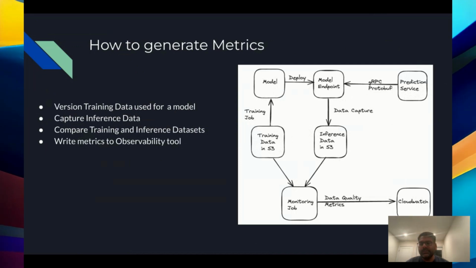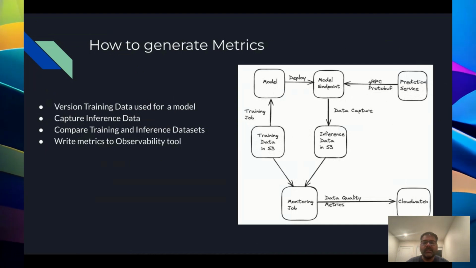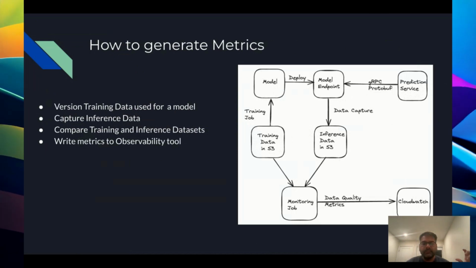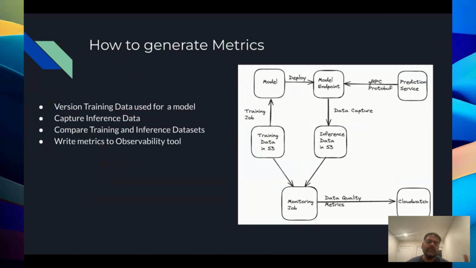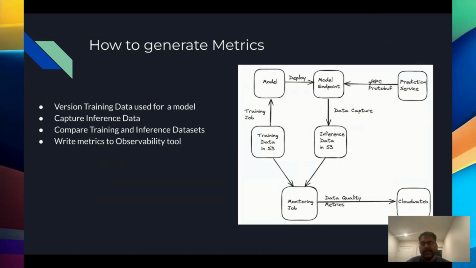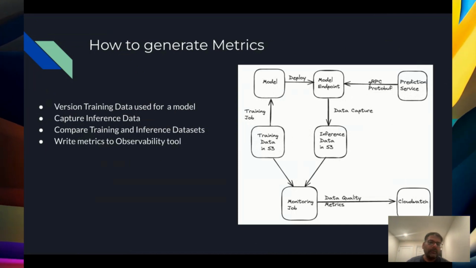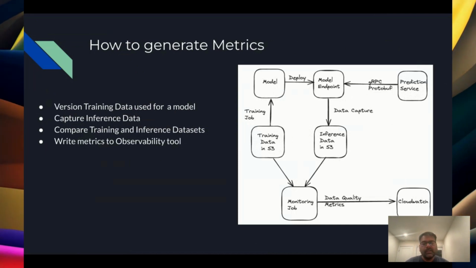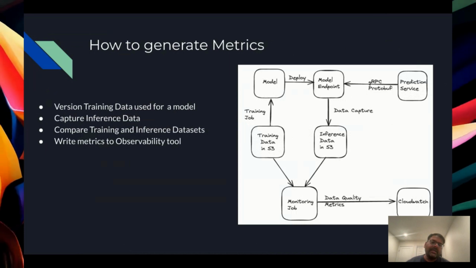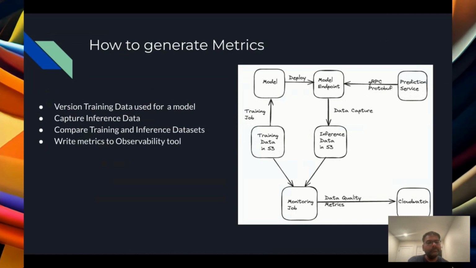Yeah, it's important to version training data, because a model goes through multiple experiments, multiple A/B testing. So it's necessary to capture which version of the training data the current version of the model was deployed with in a model registry, and then the monitoring job can pull that data from that model registry and load that from S3. And then it is also possible to generate first-hand baseline and constraints using that training data, and then only use those constraints to look at the inference data,